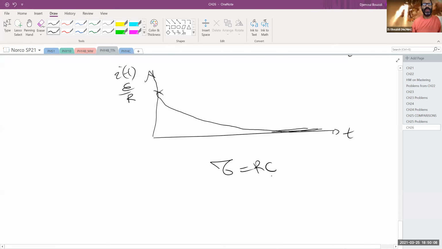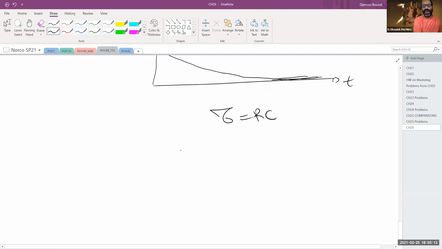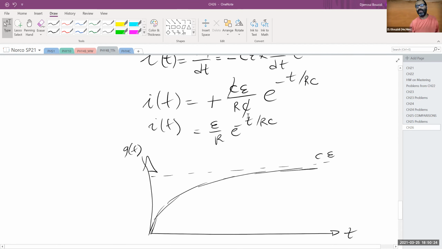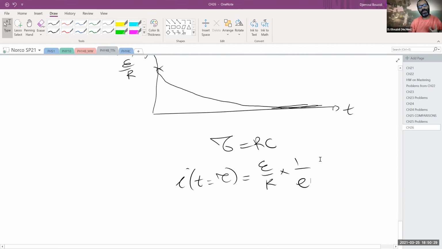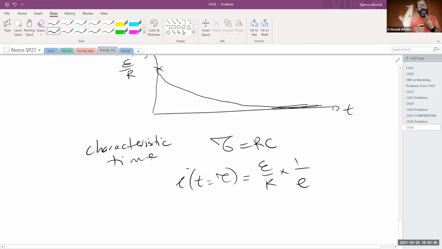which is RC. Because if I wait a tau amount of time, if I wait an RC, the current after t equals tau is simply going to be epsilon over R times 1 over e. Because again, e to the negative 1. When t is equal to RC, this just becomes 1 over e. So that means it drops by a factor of almost 3, a third of its value, just after waiting for 1 tau time. So this is called the characteristic time